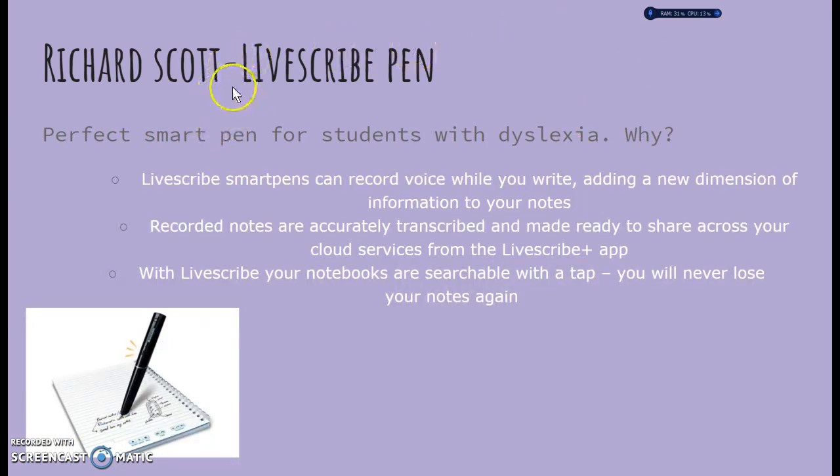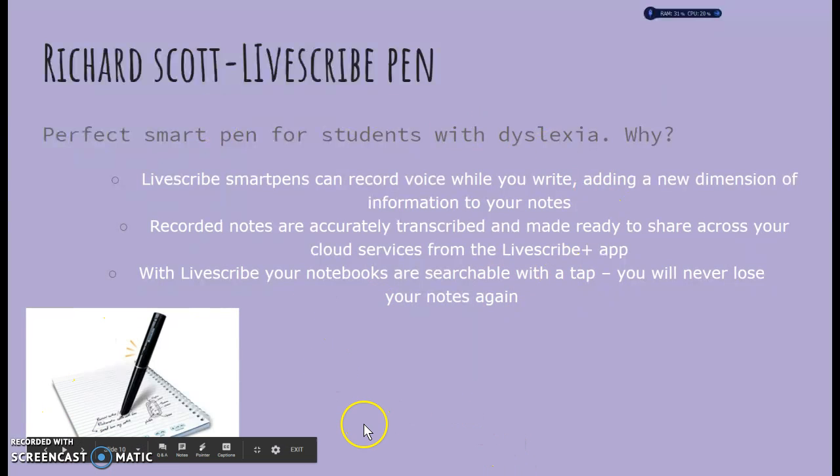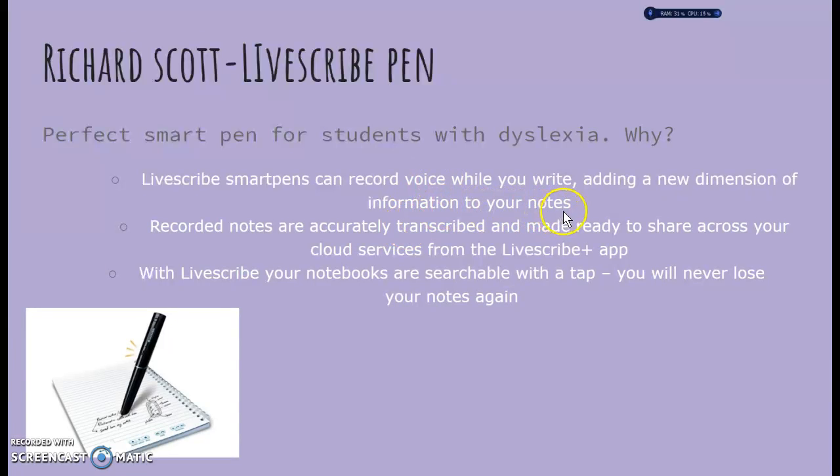So there is a Live Scribe pen, and this is a technology piece that is perfect for students with dyslexia, and it is a smart pen, and this could work for really all age students, from young students in elementary school to high school students. The Live Scribe Smart Pen can record voice while you write, adding a new dimension of information to your notes. And so for the students who really struggle with spelling and writing, this is a really awesome tool for them